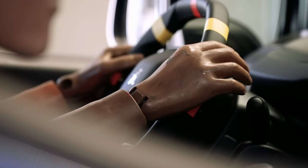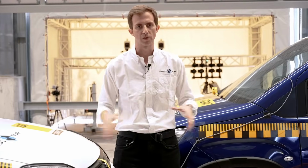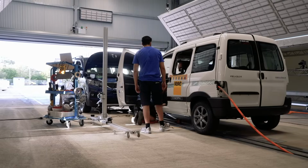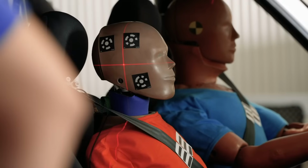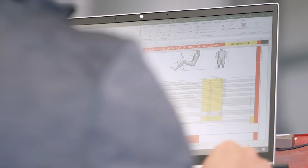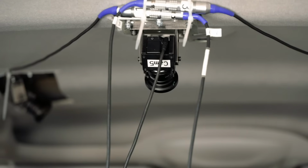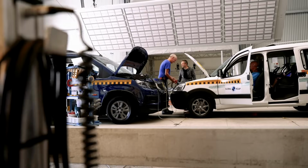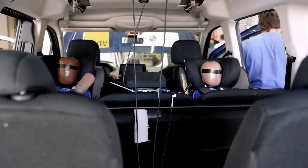Of course, there are different generations of vehicles, and both are new, both are produced nowadays, and both are sold today. From this kind of crash test, what we are expecting is to see the difference in protection between one vehicle and the other. In both cars, we're going to be testing at 56 kilometers an hour, each one of the vehicles, and they will be overlapped by 50% of the width of the vehicle. And inside of the cars, we're going to have 2 adults sitting in the front and 2 children sitting in